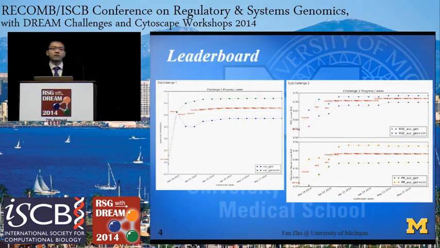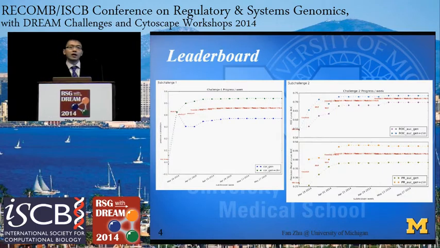I'll show you our performance in the leaderboard first. For the first sub-challenge, which is to predict the changes in the DAS28 score after the treatment, we are able to achieve a correlation of 0.54 with the target, which is highest across all the teams. For the second sub-challenge, which is to predict whether the patient is a non-responder, we are able to achieve an area under the ROC curve of 0.73 and area under the precision recall curve of 0.48, which is also the